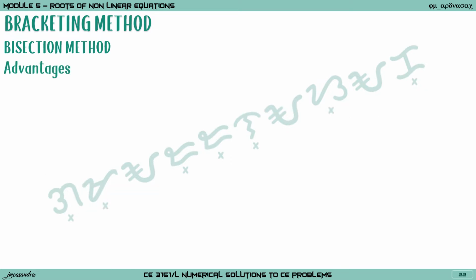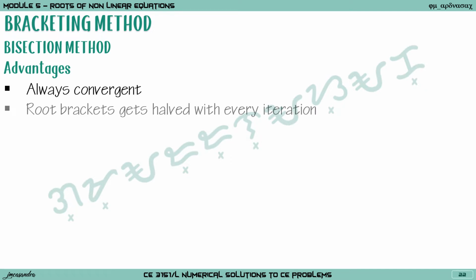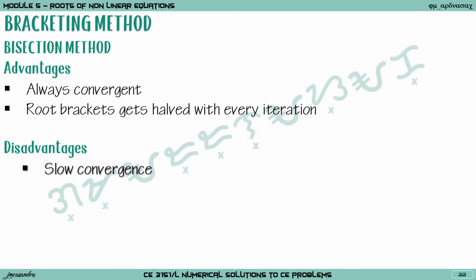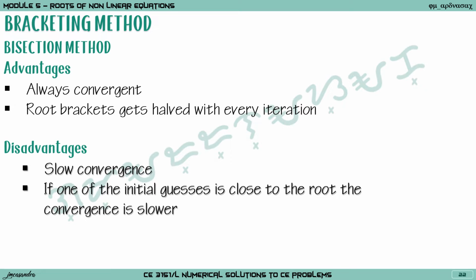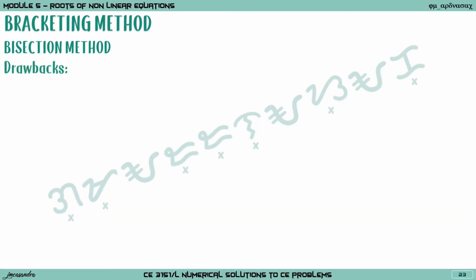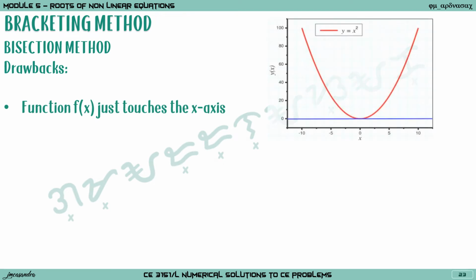So the advantages of the bisection method is that it always converges on the true value of XR, and the root brackets would always get halved with every iteration. The disadvantage would be that there is slow convergence between the roots of the equation, and if one of the initial guesses is close to the root, then the convergence will become slower. So the drawbacks of the bisection method is that for a function of f of x, when it just